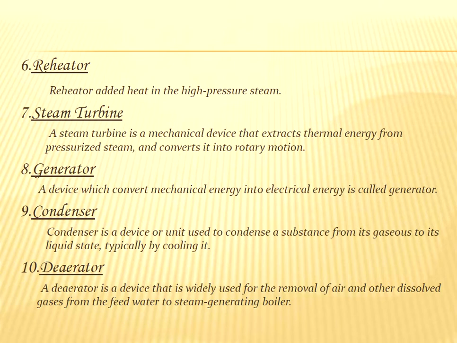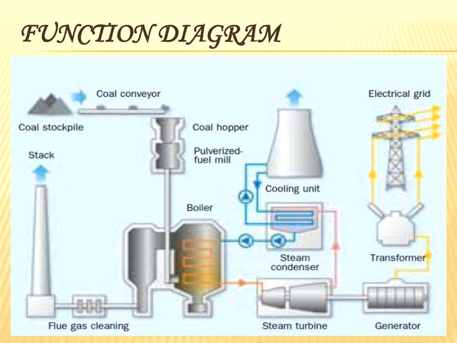Then we have the condenser. The steam which is coming out of the turbine is cooled. Then we have the deaerator. When the steam is again converted to water, there may be some contamination like the air particles or the particles from the combustion, or there can be some contaminations. So those contaminations are removed through this deaerator, and you have the pure water which again enters the power plant.